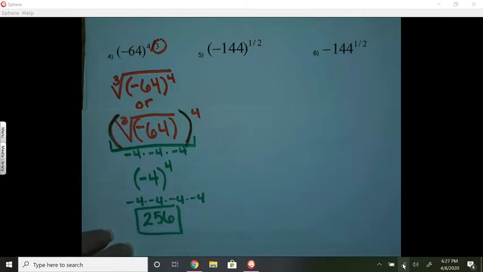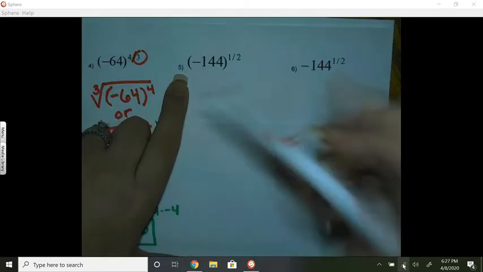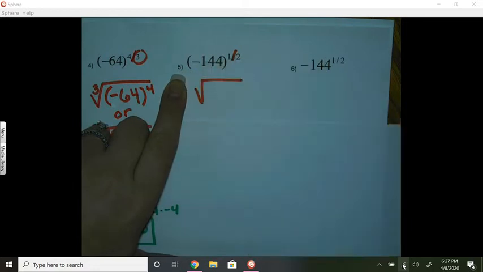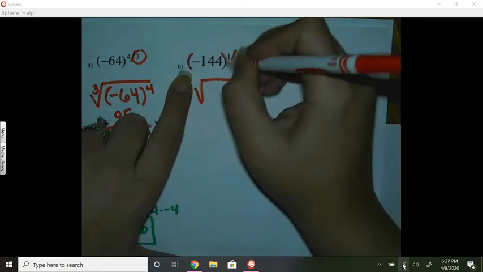Okay, let's go ahead and try number 5. We see a fraction as an exponent, so we immediately put one of these symbols. There's -144 in parentheses, so